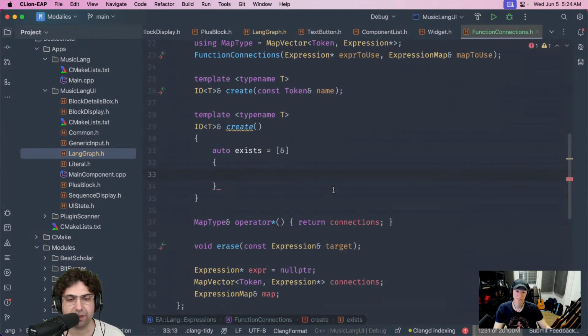It needs to be something like, so this thing is a map vector. So I think I need to for loop over everything.